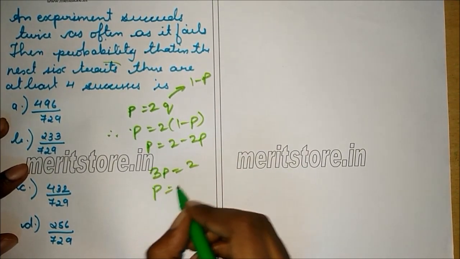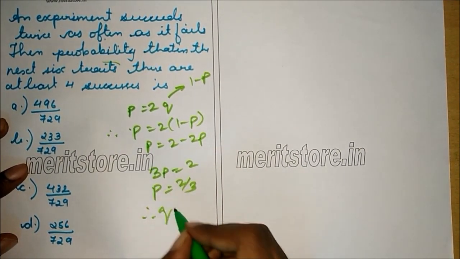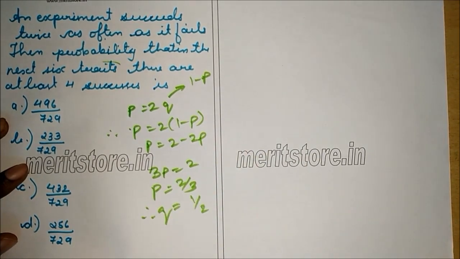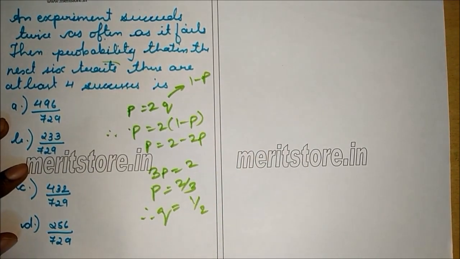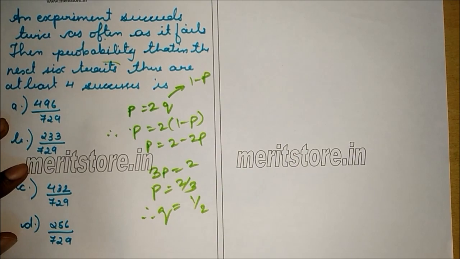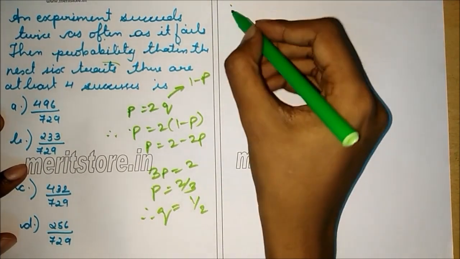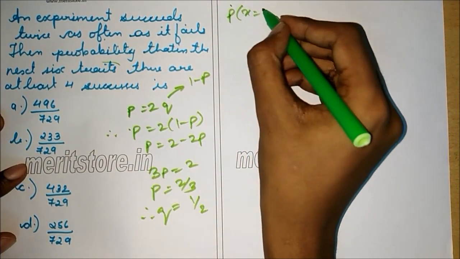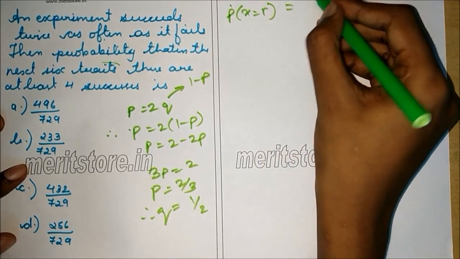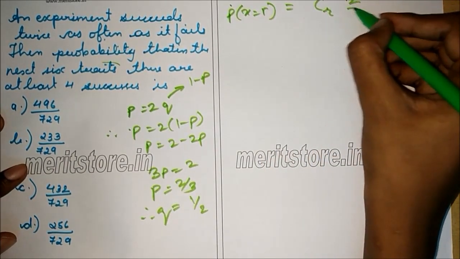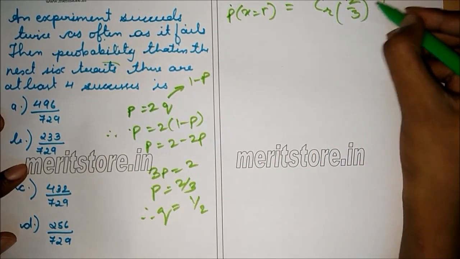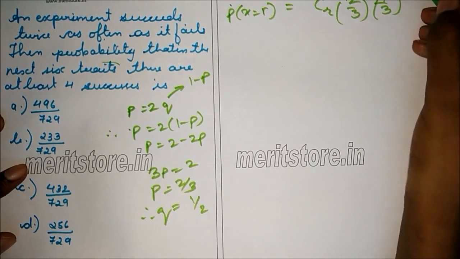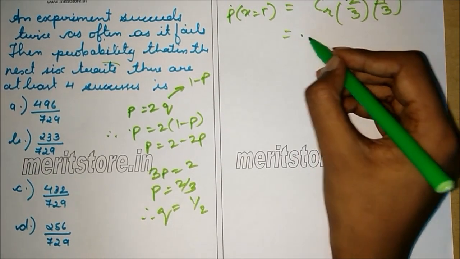So therefore p equals 2 by 3. So therefore q equals 1 by 3, since it is 1 minus p. So p is 2 by 3, q is 1 by 3. So first we'll find the general probability. P of X equals r is 6Cr, 2 by 3 raised to r, 1 by 3 raised to 6 minus r,